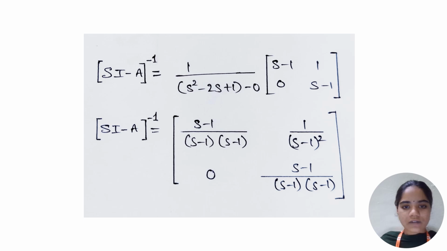(sI minus A) inverse equals 1 by (S square minus 2S plus 1) times [S minus 1, 0; 1, S minus 1]. This equals [S minus 1 by (S minus 1)(S minus 1), 0; 1 by (S minus 1) whole square, S minus 1 by (S minus 1)(S minus 1)]. Here the same values should be cancelled. In the first entry S minus 1 is cancelled, and in the last entry the numerator and denominator S minus 1 are cancelled. Then we get,